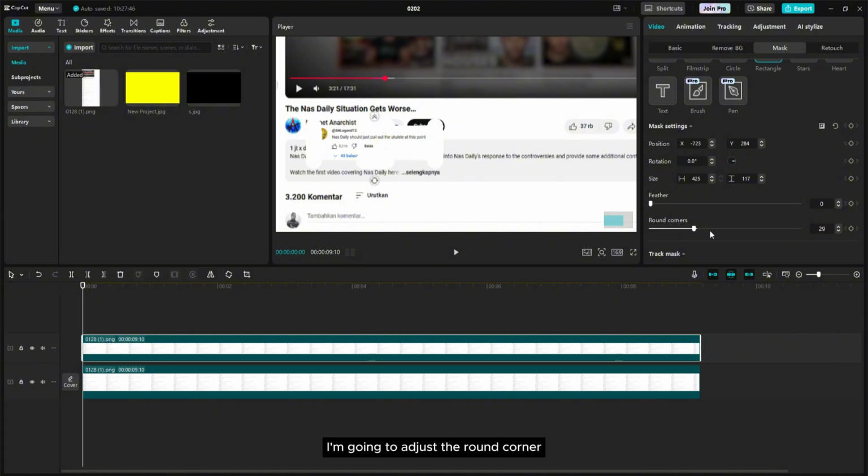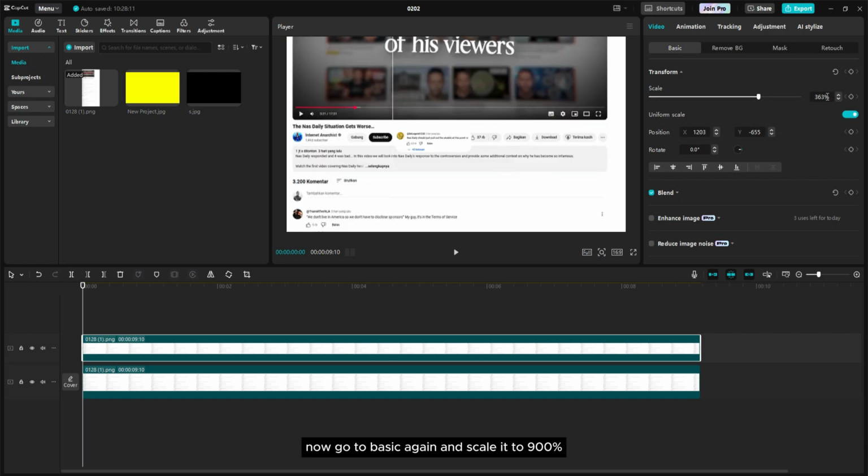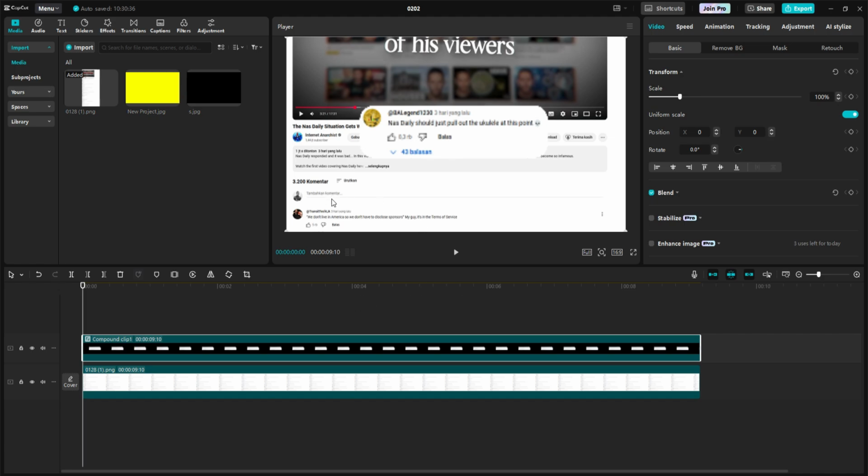I'm gonna adjust the round corner to make the edge more round. Now go to basic again and scale it to 900%. And position it to the center. After that, compound the layer.